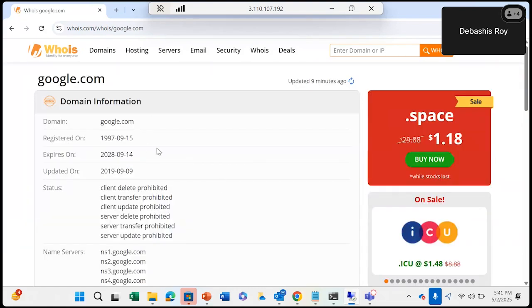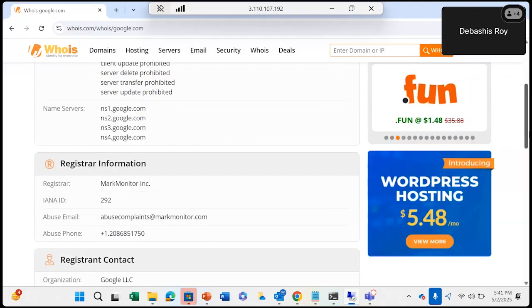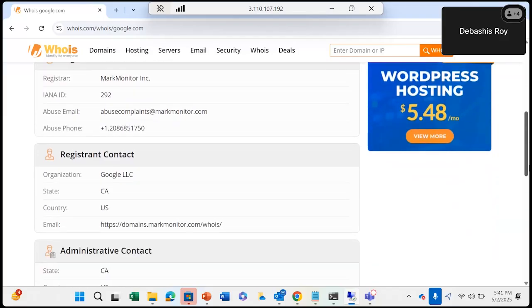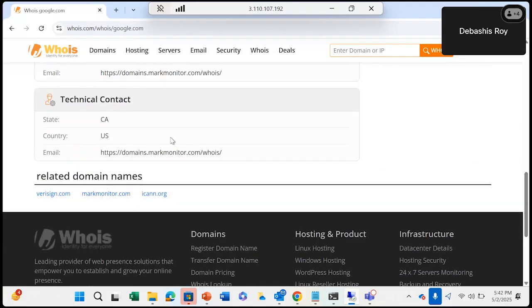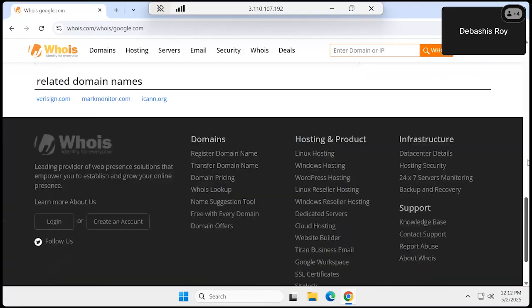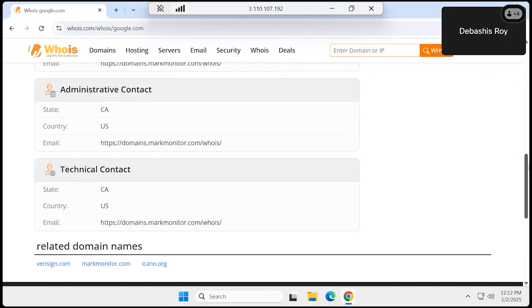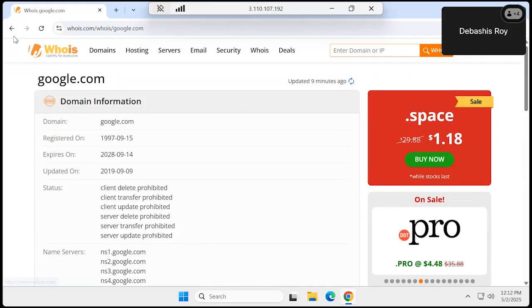it gives domain information: the domain is google.com, when it was registered, when it expires, the status, the name servers, ns1.google.com, ns2.google.com, registrar information, registrant contact, and it reveals related domain names. If you click on the different domain names, it will directly give you all the details pertaining to them. So with just google.com on this site, you get all related information.